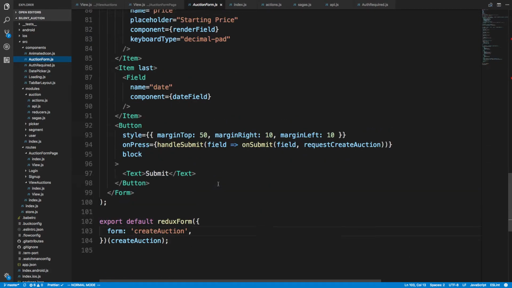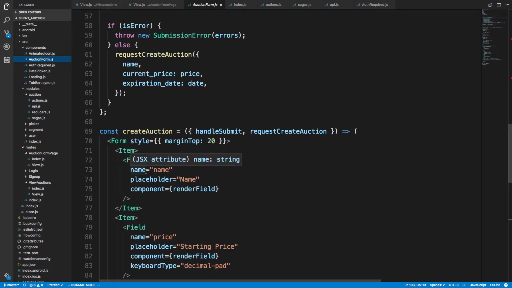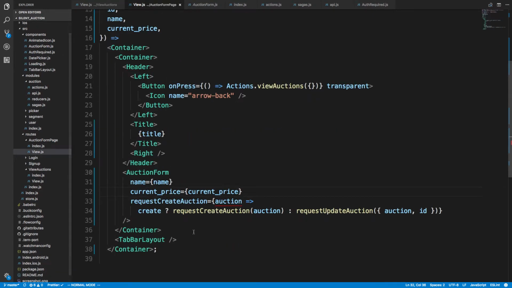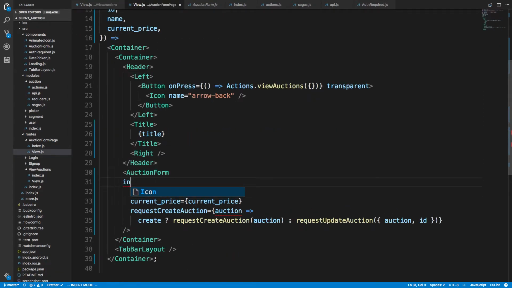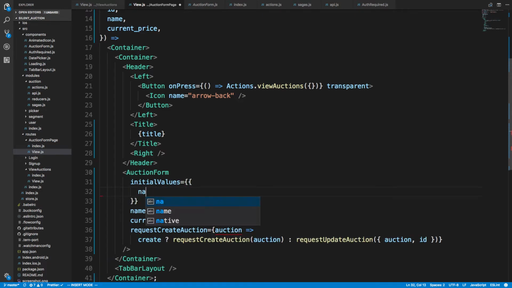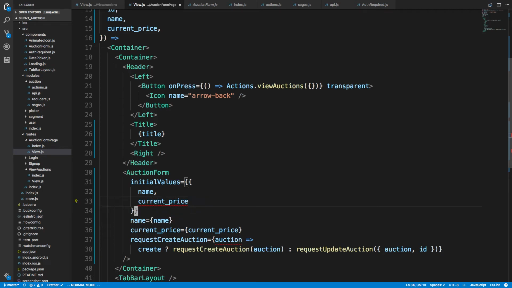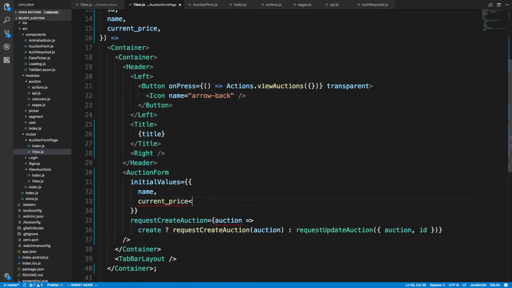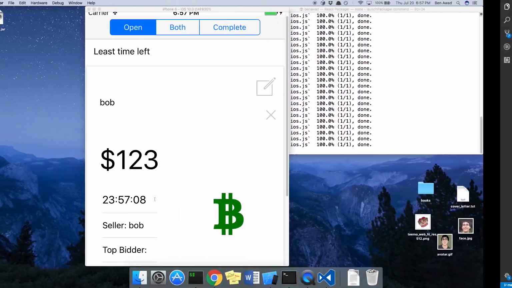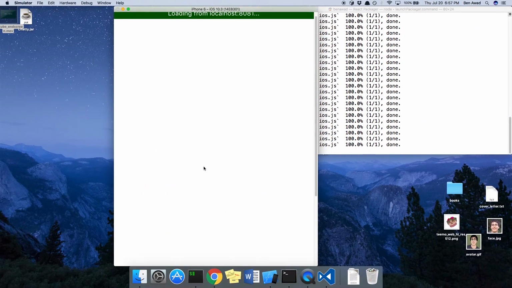Ooh, and that'll be fun actually. I think I can pass the initial values through props, but I don't remember. I think it's initial values, name, current price. Where we can't do it like this anymore. Forgot we're using Redux form. I believe Redux form has this prop it looks for in all Redux forms, so we can actually pass it as a prop here. So now if I go like that,